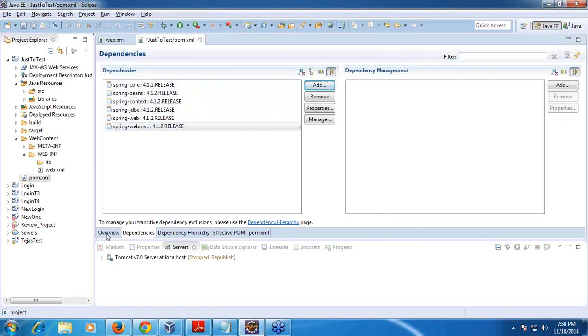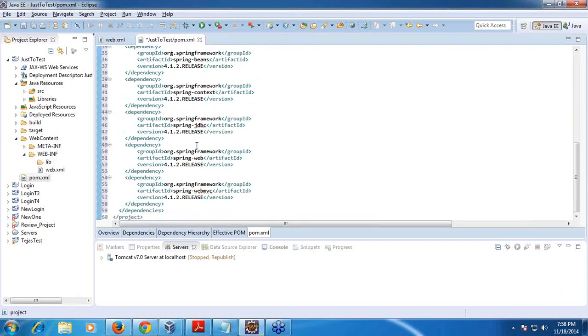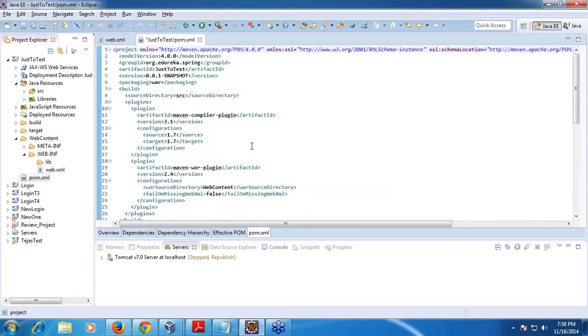So now you can just come to this pom.xml and see all these have been registered here as dependencies in the XML, right? So you just save it here, so you can see it has started downloading everything. Because I have connected to internet, it has already downloaded all these things.